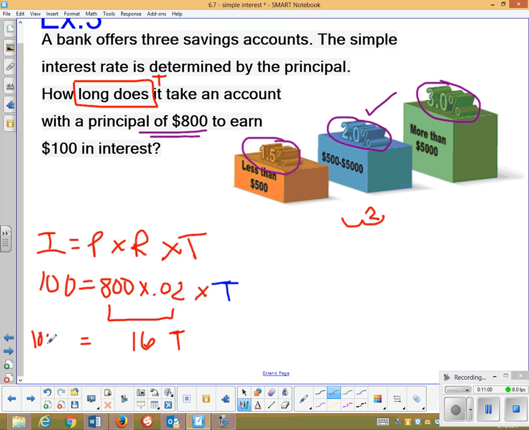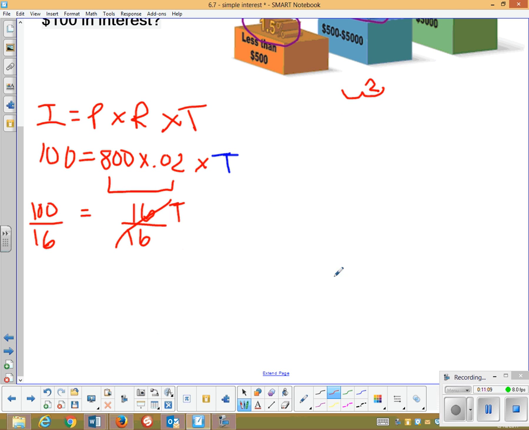And to get t by itself, all we need to do is divide both sides by 16. So what is 100 divided by 16? After you do that, that's going to give you the time you took to invest. So 100, oops, that's a 16, I promise. 100 divided by 16 will give you, let me fix that 16, a total of